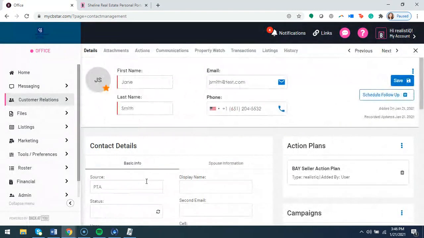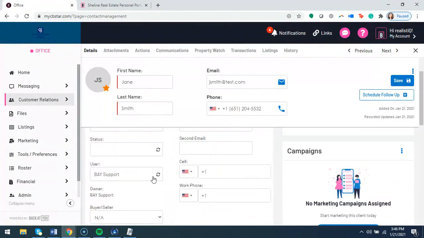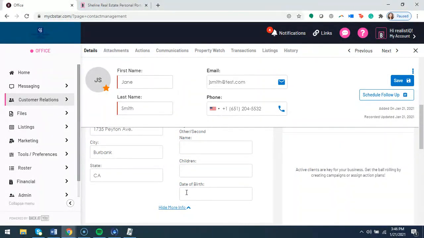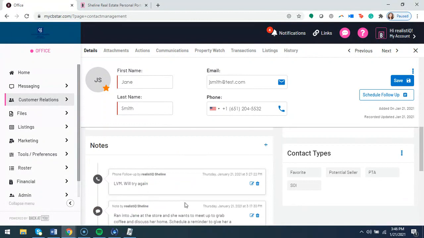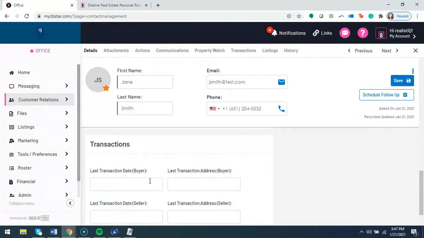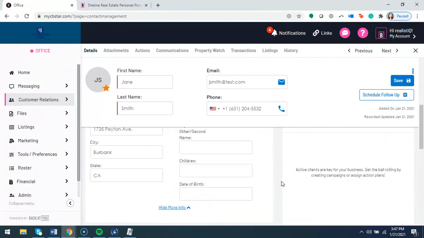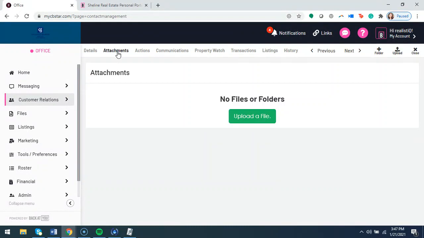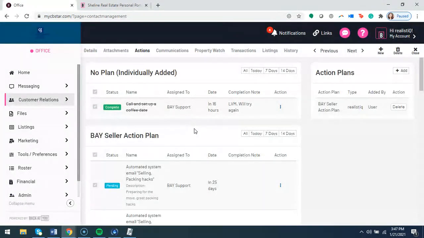Now, within the contact details itself, you have all of the basic information you can fill out. Don't forget to fill out fields such as their birth date if you want to send them birthday cards or in your drip campaigns. You can add notes. Start thinking about what contact types you may want to utilize to organize your contact list. Here's those transaction dates that you can include. You can also use those in your marketing drip campaigns. Working our way down here, add attachments to your contacts,